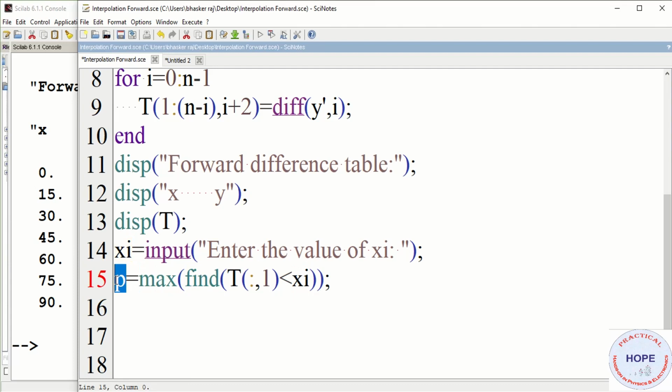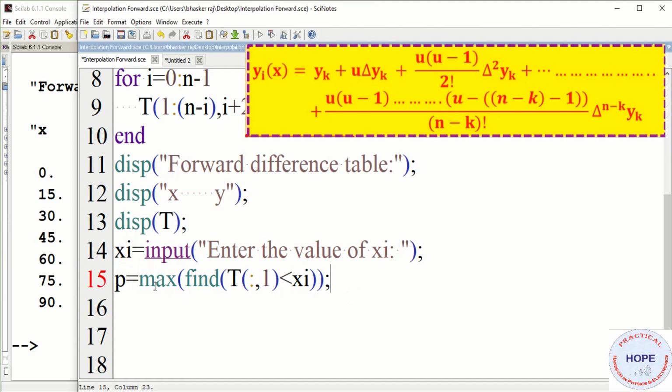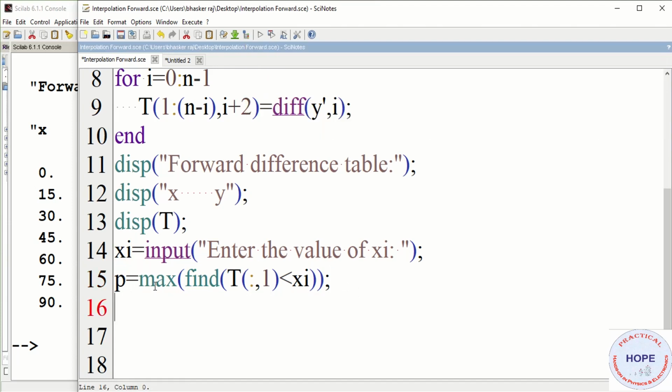In this way p will have the index of the x value just less than xi. This p actually is equivalent to this k in the figure. So first we need to calculate u, which is equal to xi minus xk, and what is xk? It is xp, divided by step size h.